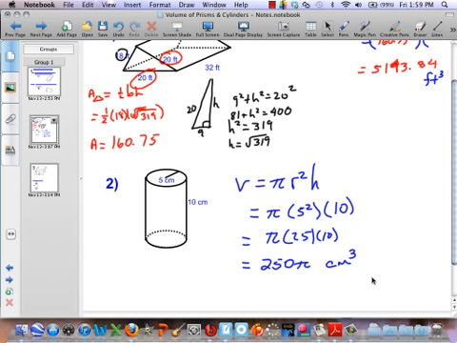Do you have the other side or the other side? We will. Okay, number